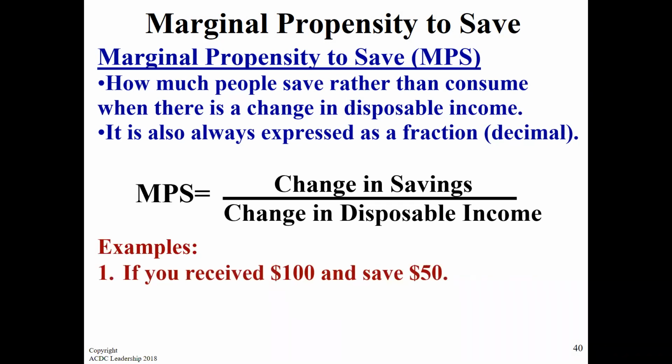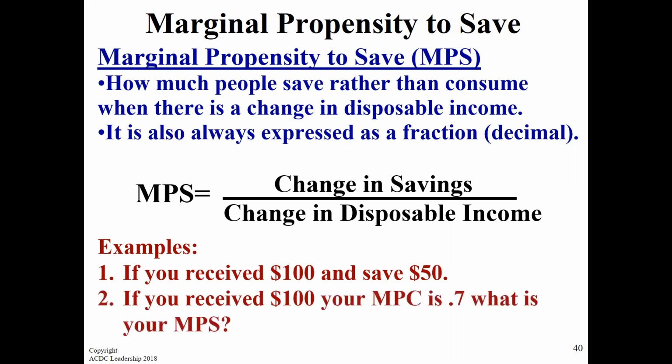AB, marginal propensity to save is going to be what? 0.5. Hayden, if your marginal propensity to consume is 0.7, what do you think your marginal propensity to save is going to be? No, that's to consume. 0.3.